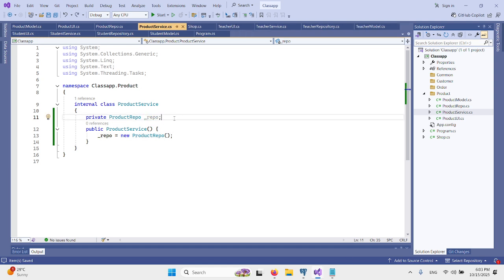Okay, the second reason is, in this case, the object of product repo will be created first and then the object of product service will be created actually in the memory. Okay, and it is recommended to follow this pattern, because the purpose of a constructor is the initialization of any variable. So here we are initializing this variable, so that's why it is good to create it here. But still you can go with any option. डायरेक्टली हमने यहाँ पे ऑब्जेक्ट बना दिया.